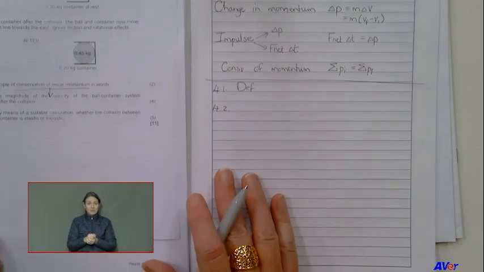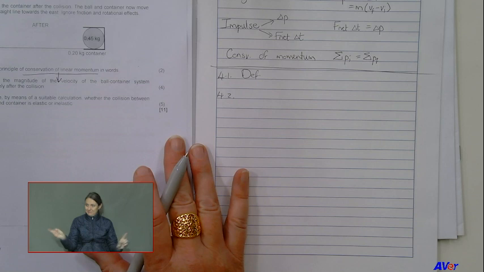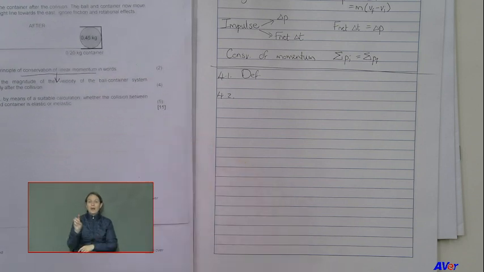Okay, 4.2. There's a collision. So as soon as you see the word collision, you know it's momentum. Now they say, calculate the magnitude of the velocity of the ball-container system immediately after the collision. So this whole thing was about the soccer player kicking a ball. So initially we had the ball and the container, two objects. Afterwards, the ball is stuck inside the container, so that moves as 1. Okay, so now, because 4.1 said conservation of momentum, 4.2 is now using it.